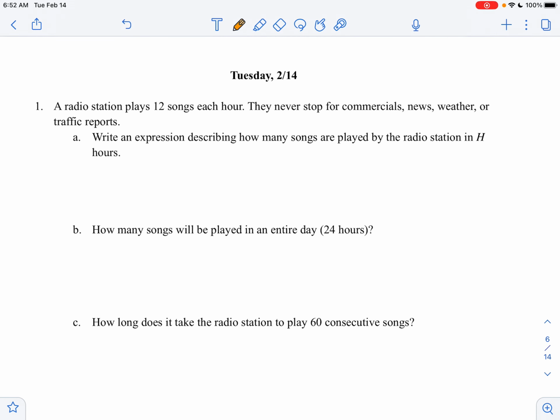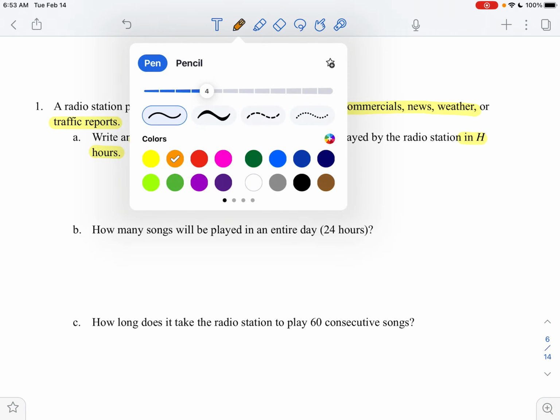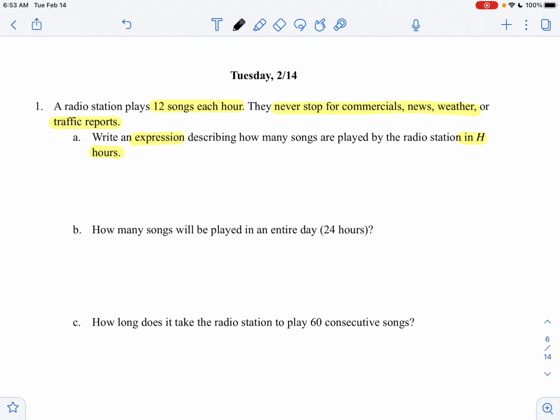All right, let's take a look at Tuesday question 1. A radio station plays 12 songs each hour, and they never stop for commercials, news, weather, or traffic reports. Just 12 songs an hour. Write an expression describing how many songs are played by the radio station in H hours. So I know that the radio station plays 12 songs per hour. That means that